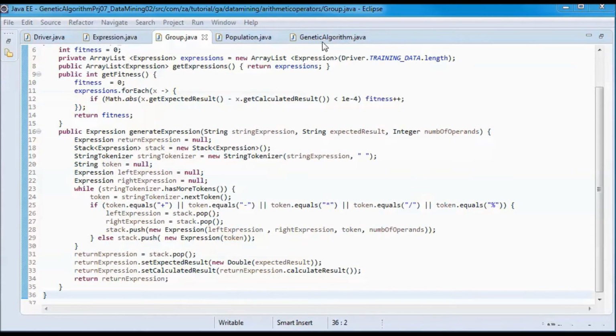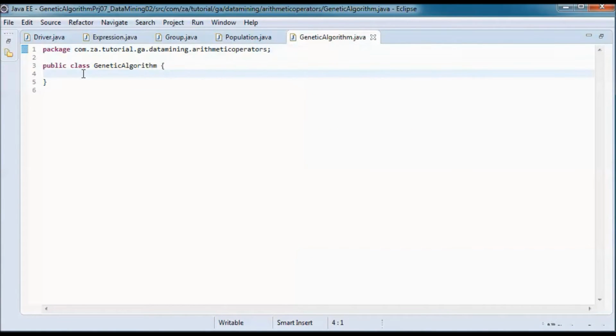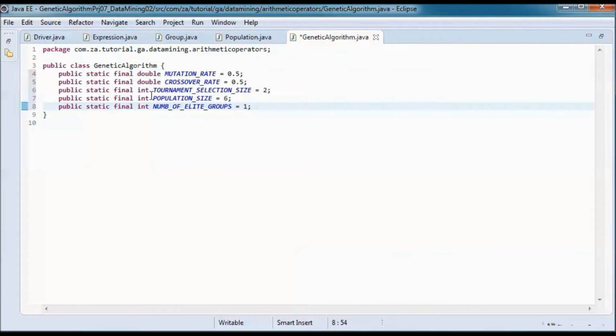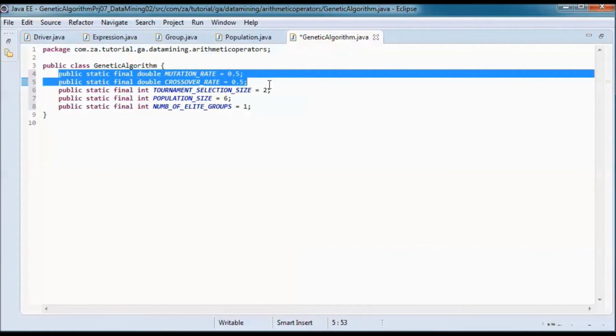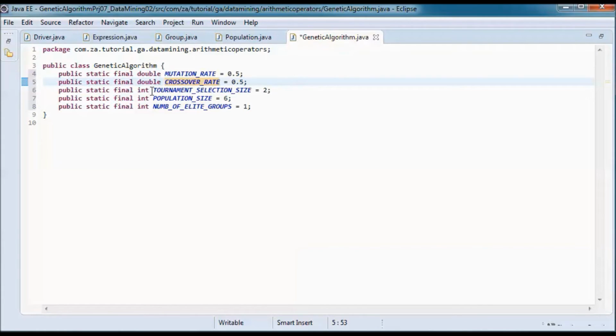Next, let's go to the genetic algorithm class and define some constants. So the mutation rate, the crossover rate, and we'll set them to 0.5 for the purpose of this tutorial. And the tournament selection size will be two groups, and the population size, so we would have 6 groups in a population, and the number of elite groups will be 1.